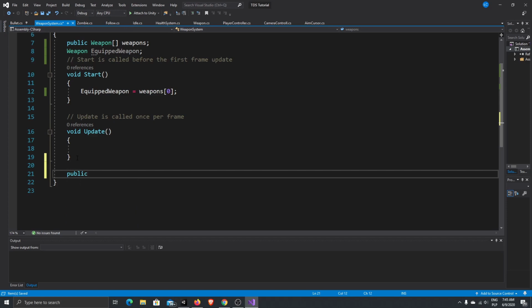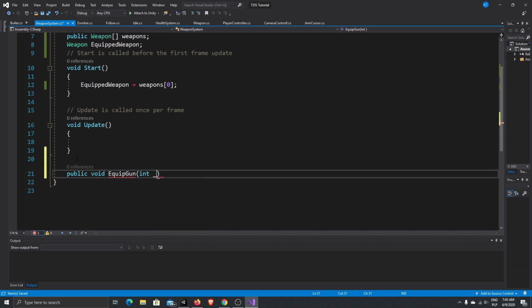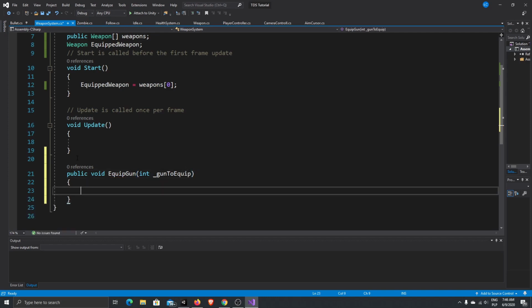calling public void equip gun, int number of the gun to equip, and it will be equipped weapon